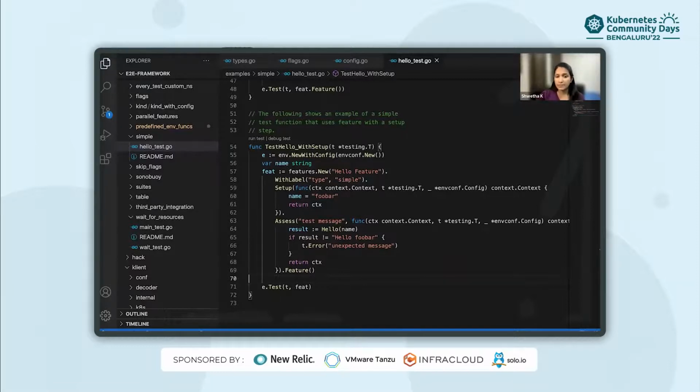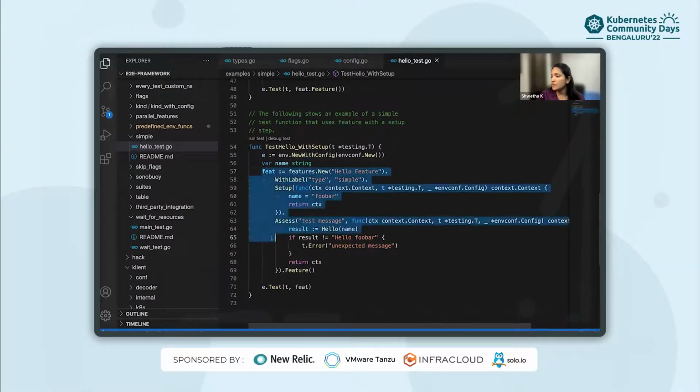I'll explain what a test suite is in a while. Whenever you write a test function, the first thing you have to do is define an environment object. Here, using NewWithConfig and providing an empty configuration, this environment object is defined.